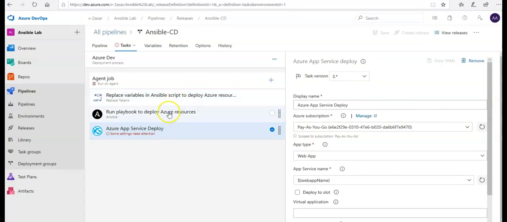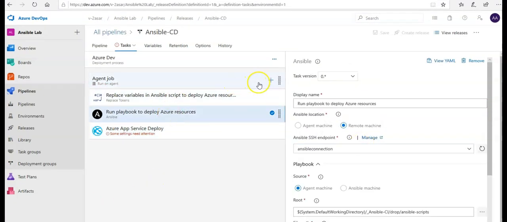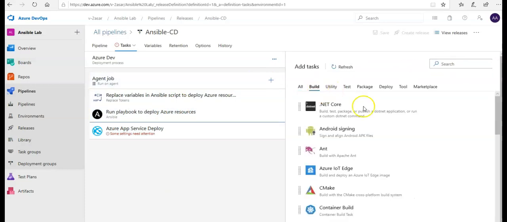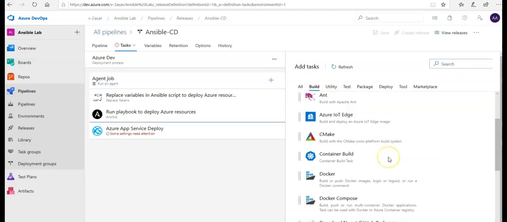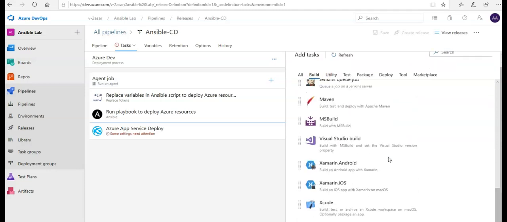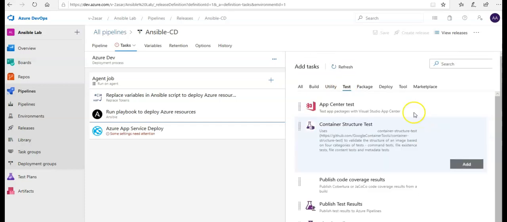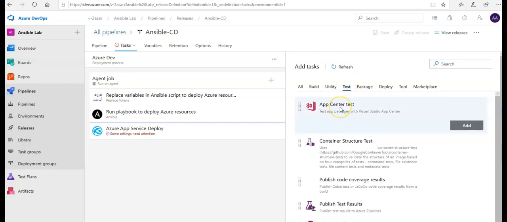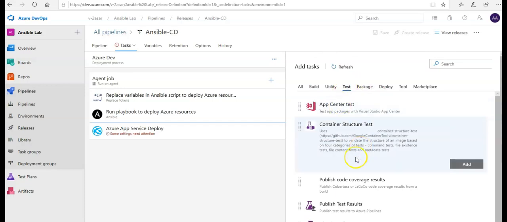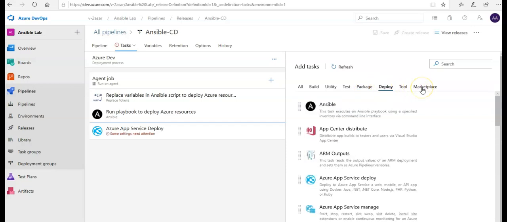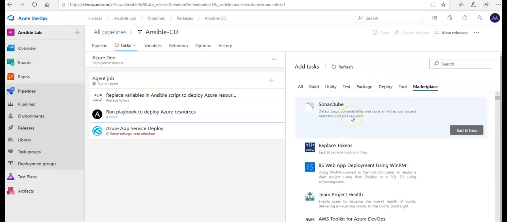And after defining all these tasks, if you want to add one more task as well, you want to add a build task. This is specifically the build task here, right? And if you want to do testing here, you can have App Center test. And if you want to add a package test here, deploy test here, marketplace test here, you can add it. That's how you define this